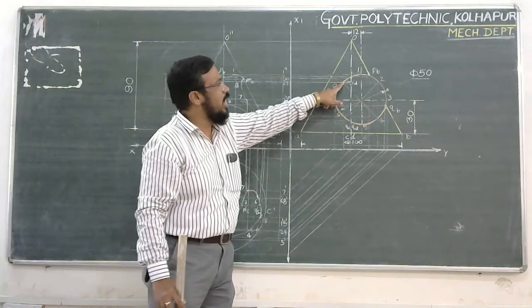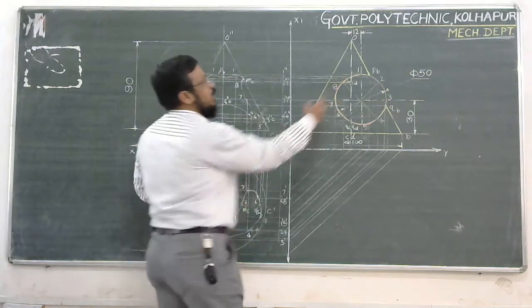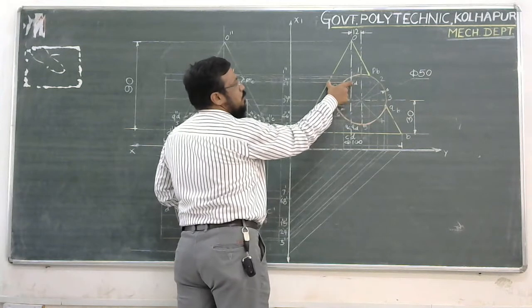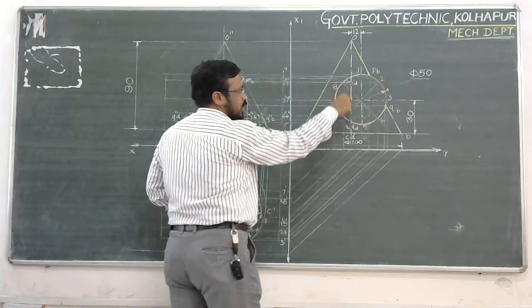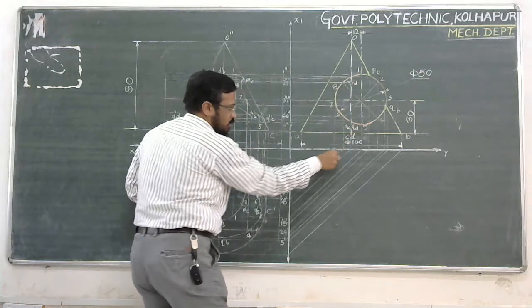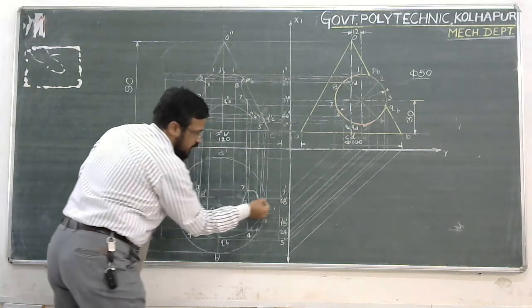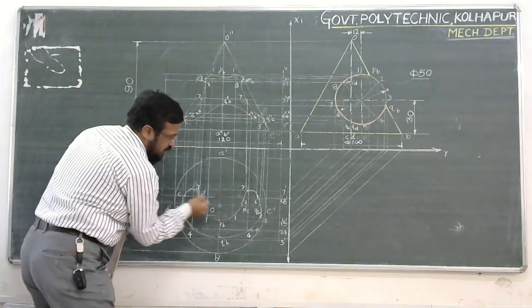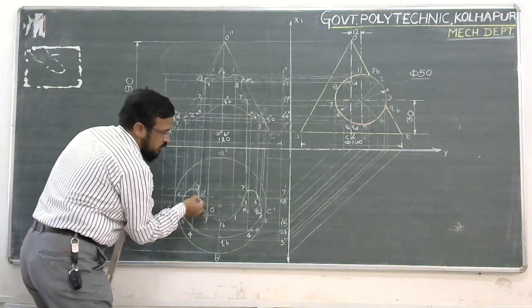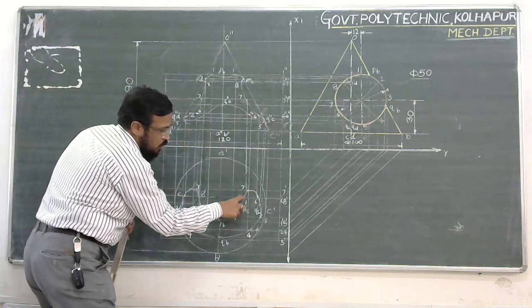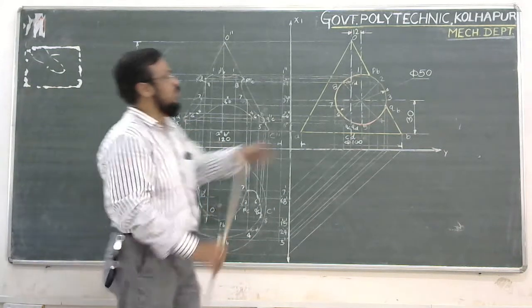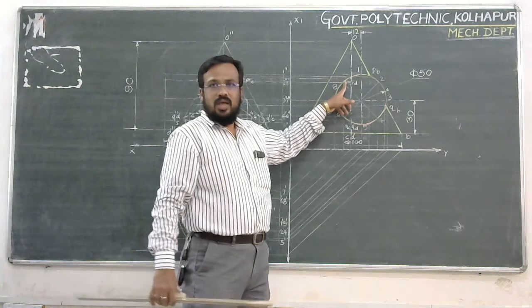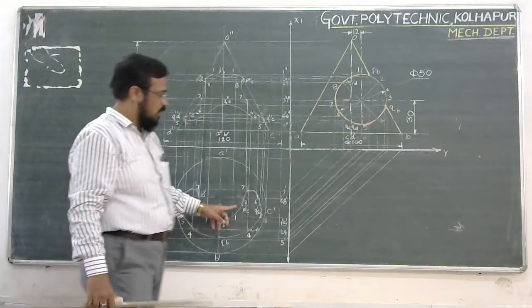For point 8, again the distance is between the axis of the cone and this end generator. You need to project this distance on the projector which is projected backwards from this 8 line. Here the reference line is 8. On this line, with center O, you cut it as point 8. This is point 8 dash. Likewise you are going to plot the 8 point references into the top view.